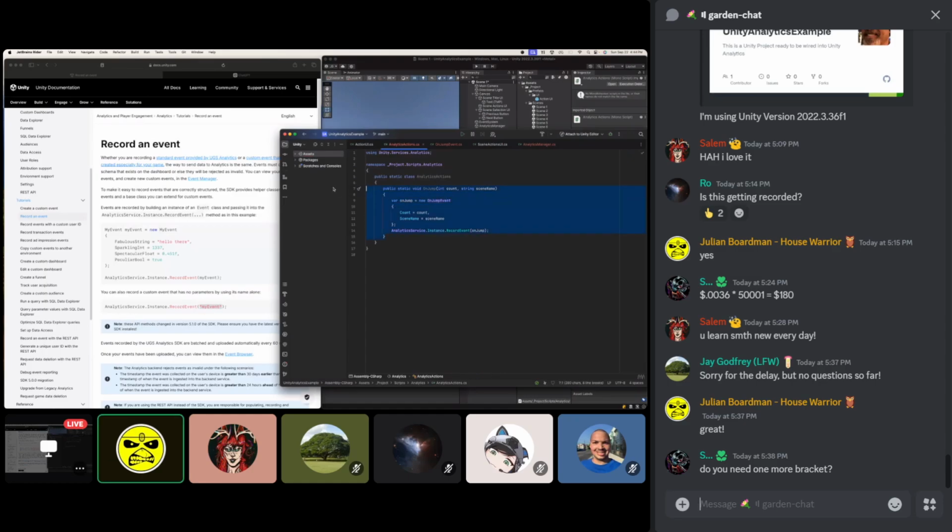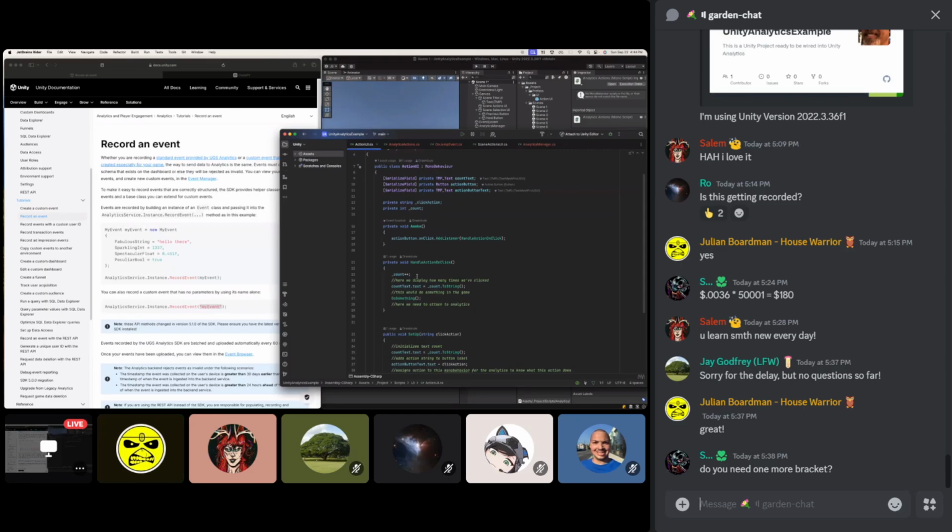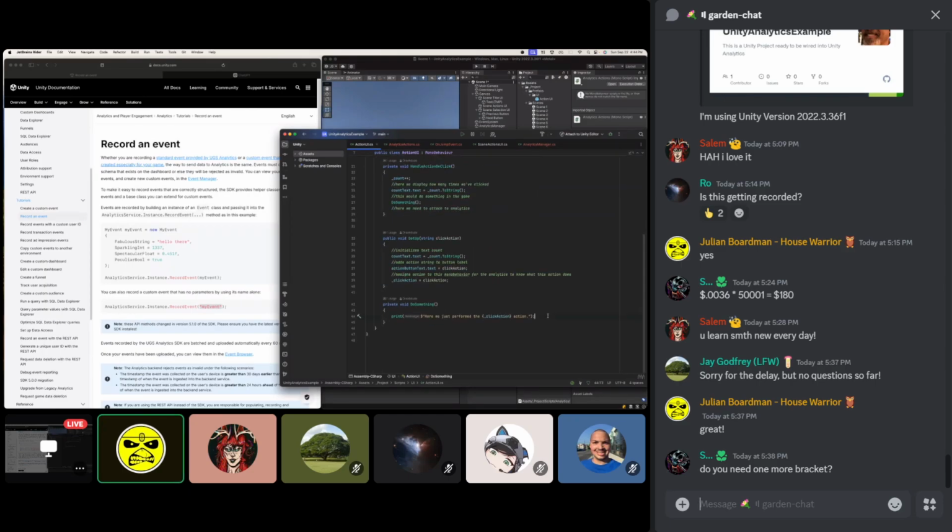So this is all wired up. Now we just need to go into our action UI, and what we'll do in here is create a select case on the click action, or a switch, I mean. Our click action will be in here, and the first case we're going to put in here is on jump,